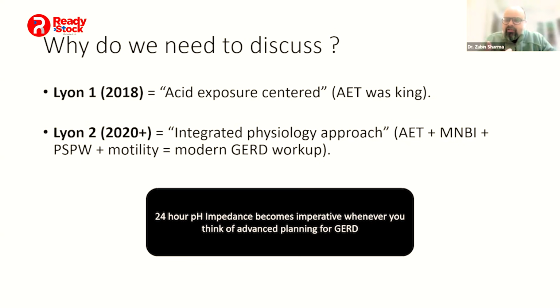That's how you will decide how to manage your GERD patient well. So GERD is not just looking at ulcers or acid, it is looking at how those ulcers and acid change the motility and cause symptoms. So 24-hour pH impedance becomes imperative whenever thinking of any significant advanced planning for GERD over and above